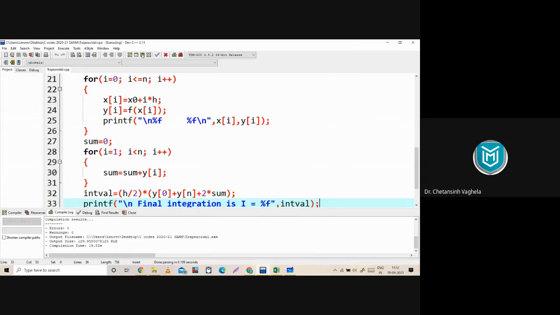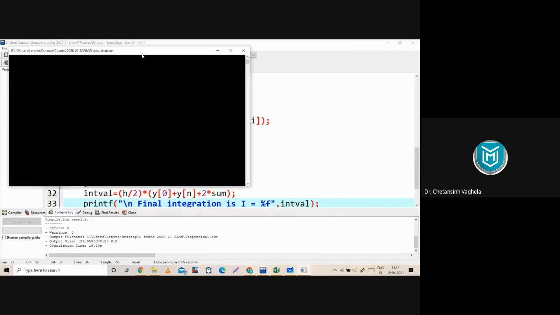Yes, so we don't have any errors or warnings. Yeah, so we have this output window here. So first it is asking us to enter the value of lower limit. So what is the lower limit in our example? Lower limit is 0, upper limit is 1. And now here it is asking us to enter the value of n.